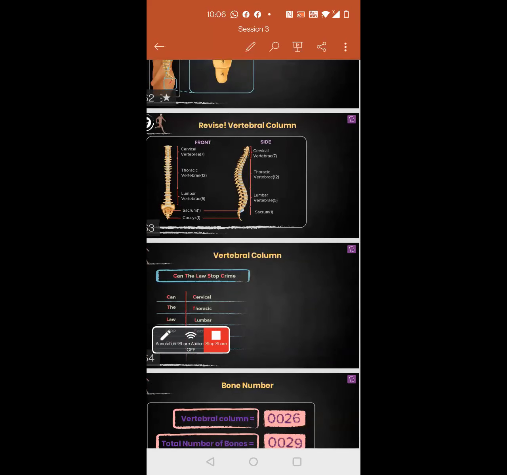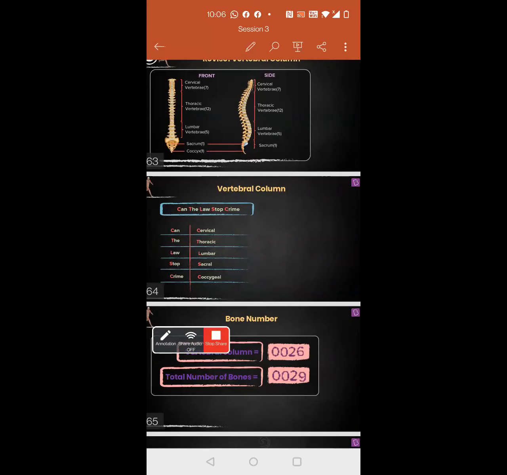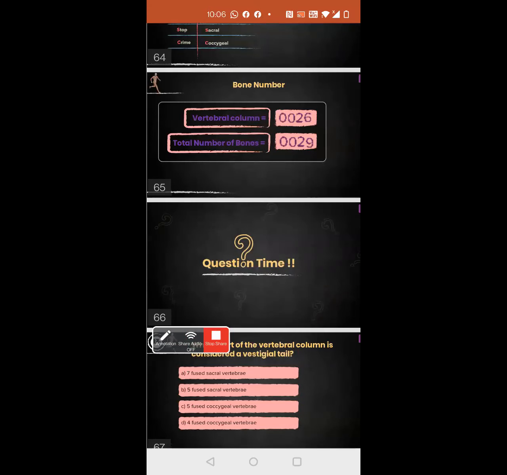26, you said, is without or with the sacrum and the coccyx? No. So even if I add that, I won't get 29. I don't know. I'll just check into this bone total number later on and let you know. Okay, but for now, yes, 26 is correct.